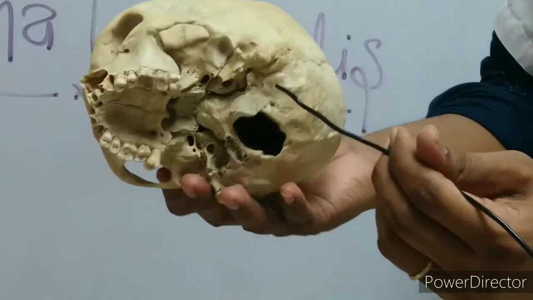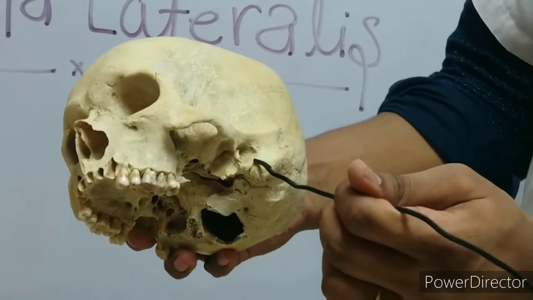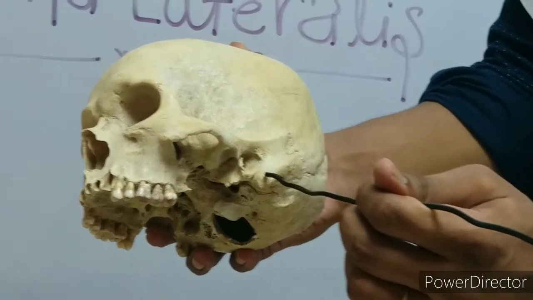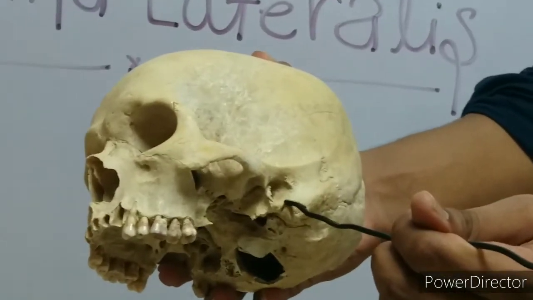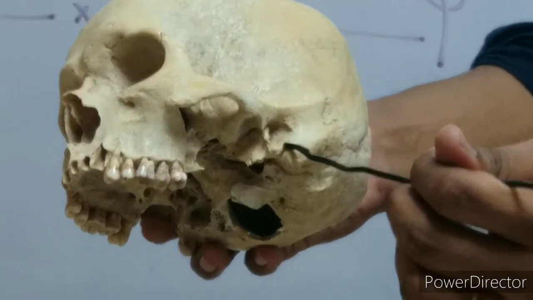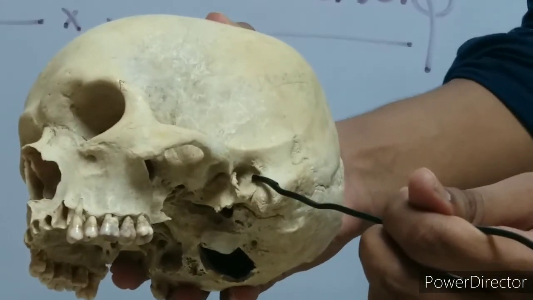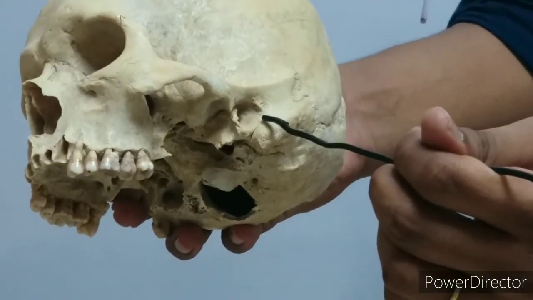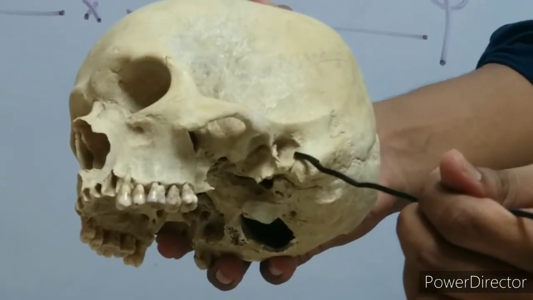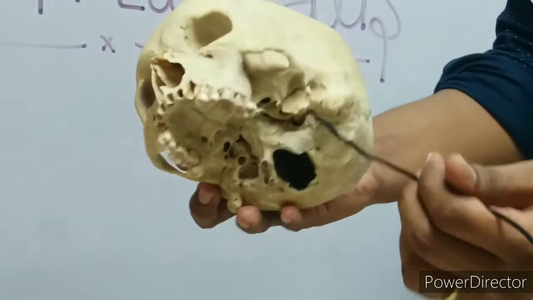Okay, so here is one fissure at the base of the mastoid process, between the external acoustic meatus and the mastoid process. This fissure is called the tympanomastoid fissure. Fissure means a small nick-like structure through which some structures pass. So from this tympanomastoid fissure, the auricular branch of the vagus nerve passes. Now lastly we will see the styloid process.